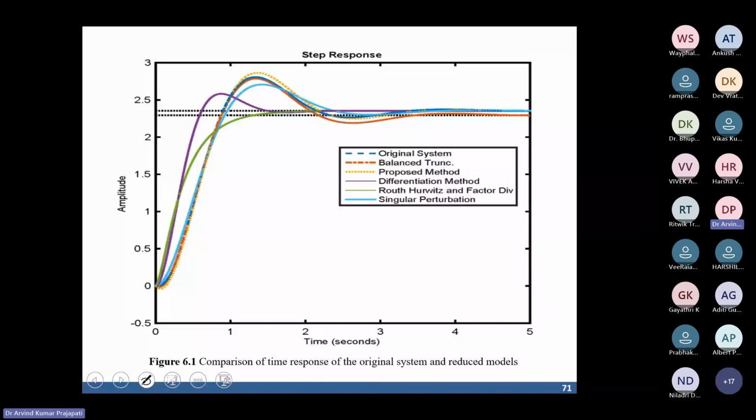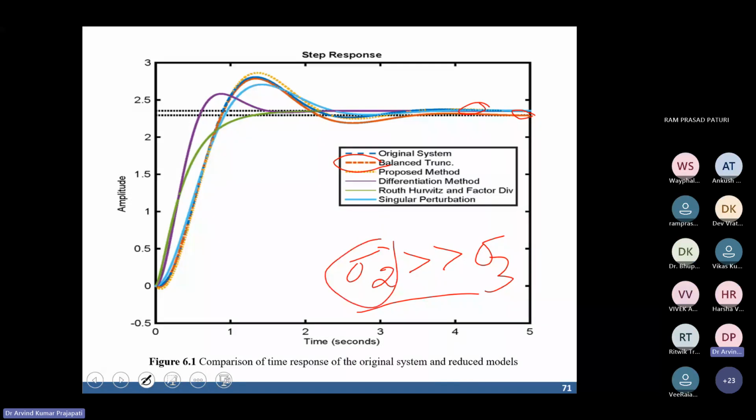So here I have calculated the response of the proposed reduced order model with the other existing technique. What unique thing are we observing here? If you see here, the balanced truncation method's response is giving steady state error as compared to the other method. Why? Because sigma 2 is not much higher than sigma 3. If it is much higher than sigma 3, then if you determine a second order model, the steady state value error will be 0. And if it is not, then you will get the steady state error like this.